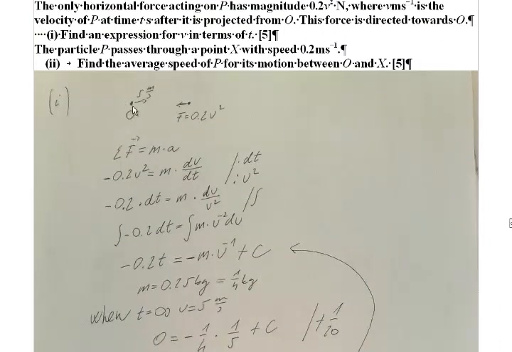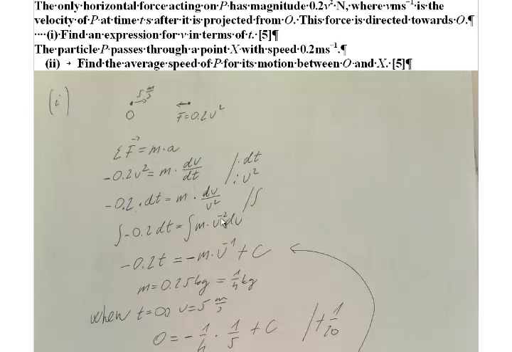Here is O, initial speed 5 meters per second, and the force, Newton's law, and a is equal to dv over dt. Multiply by dt and divide by v squared, we get this expression,